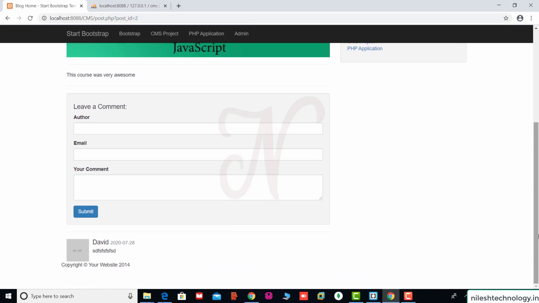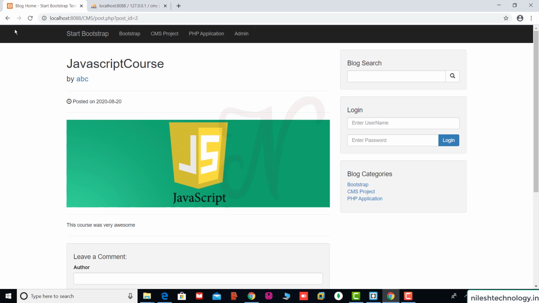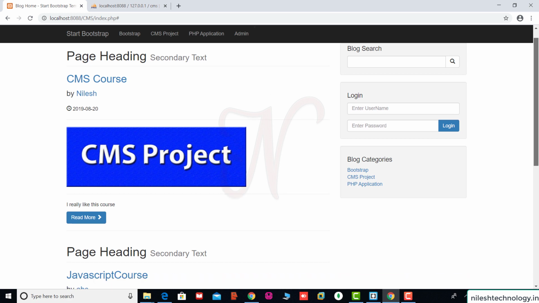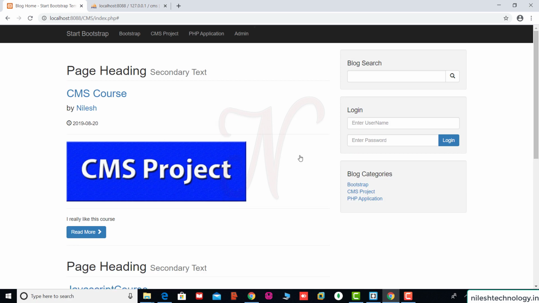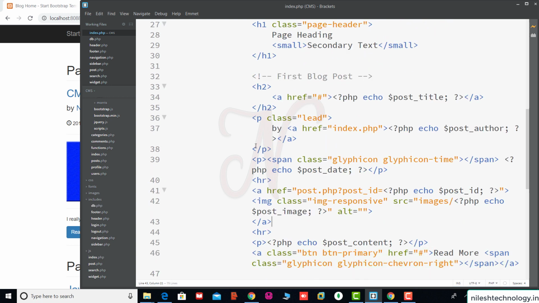Okay, now we add more functionality to this read more button. So we add the same code to this read button. See here, we go to this index.php file, and copy this link, this one.